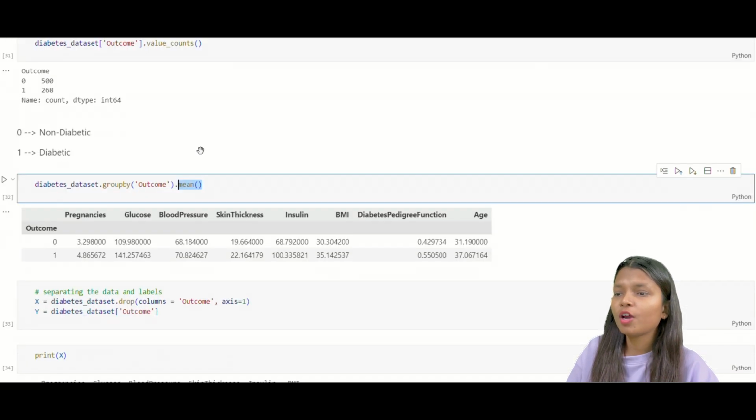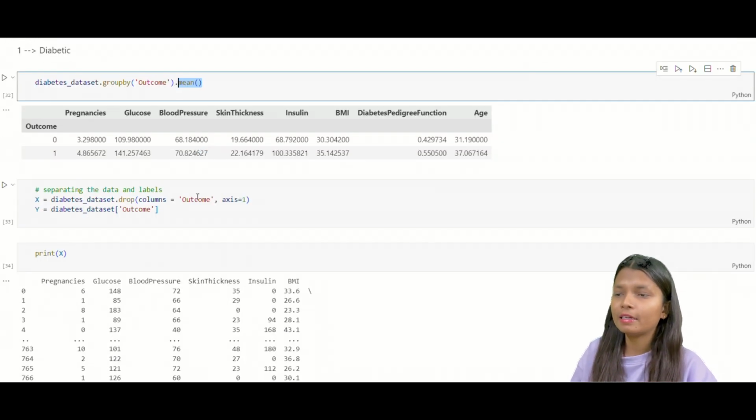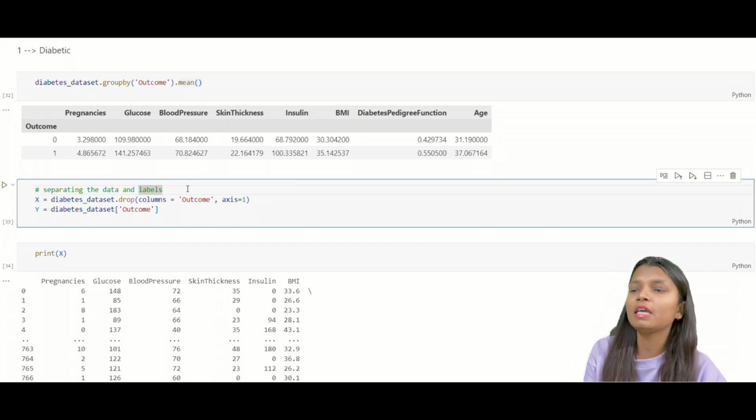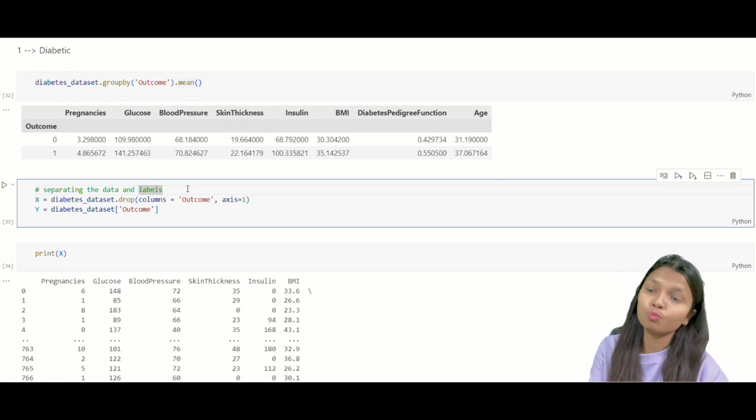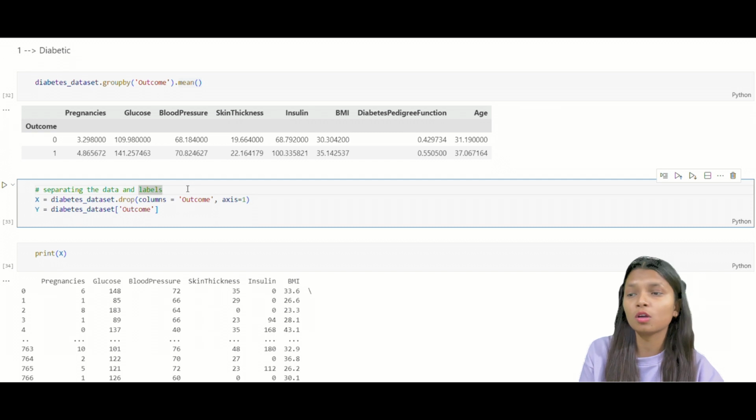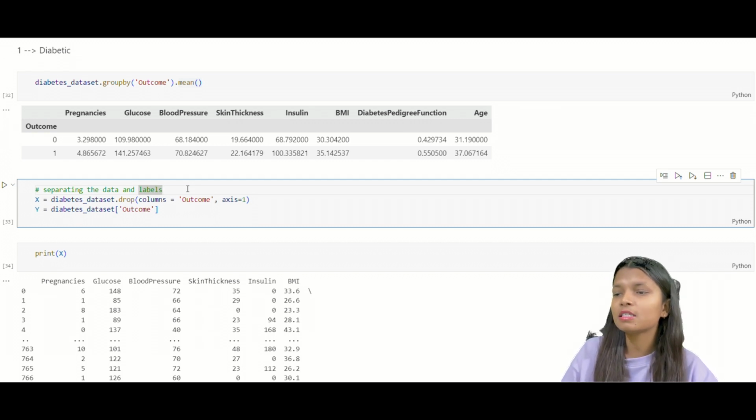If not, then what we have to do is separate the data and the label. The label is the output, which means the outcome column, and X is the entire data. So from the diabetes dataset, I am dropping outcome because I don't want outcome to be in the features.